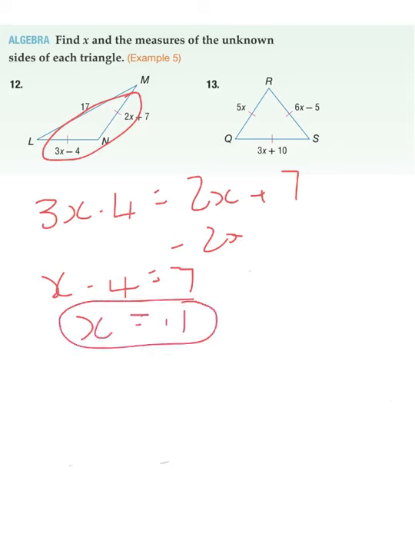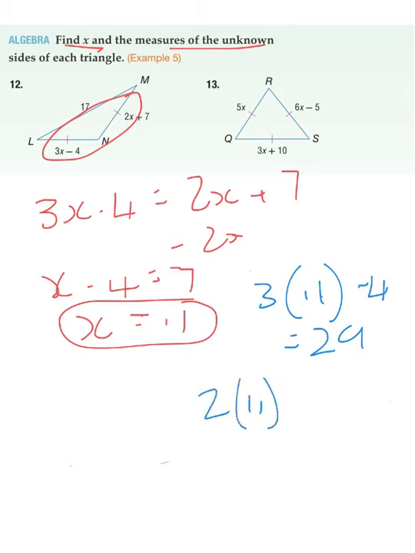First part of the answer, because it says find x, and then we've got to find the measure of the unknown side. So all we've got to do is plug it in. So 3 times 11 minus 4, well 3 elevens is 33, minus 4 will give you 29. In theory we've finished, but you know me, plug it into the other one as well. So 2 times 11 plus 7. 2 elevens is 22, plus your 7 is also 29. Because these two guys are the same value,